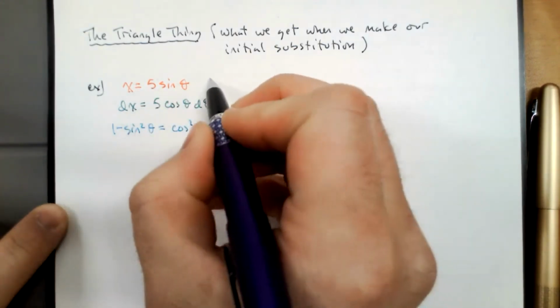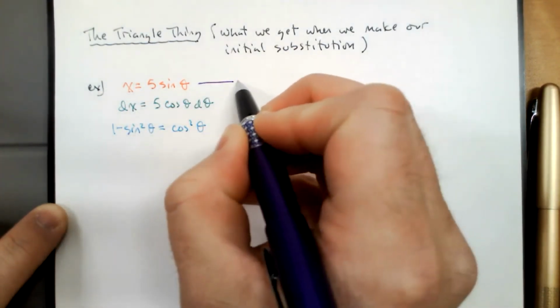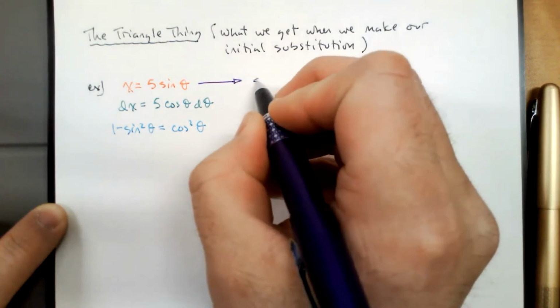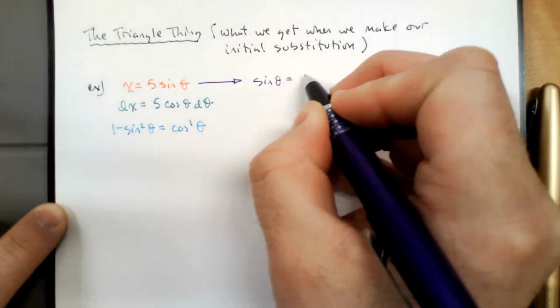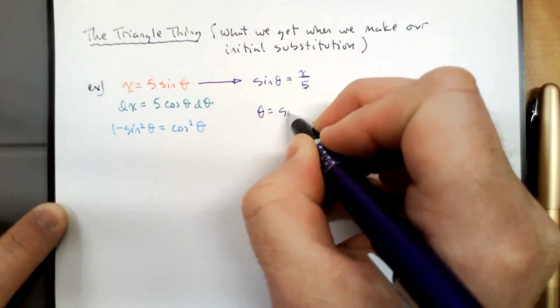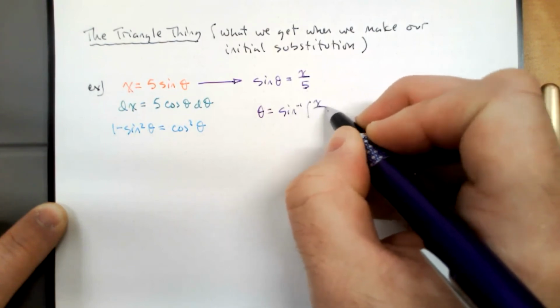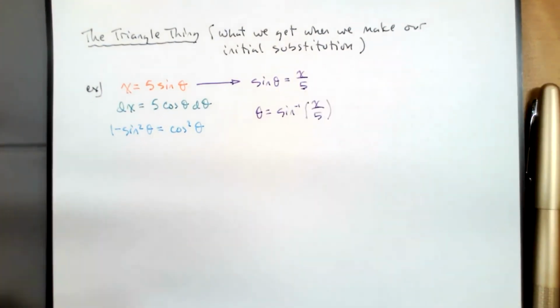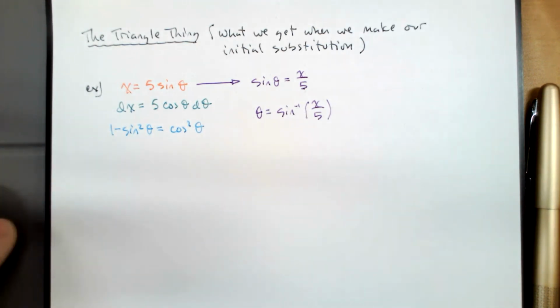If we just start turning this equation around, we can see that sine of theta is equal to x over 5. And so theta is sine inverse of x over 5. If sine of theta is our substitution, that means cosine of theta could make an appearance in our theta antiderivative. So that means we have to go a little bit further